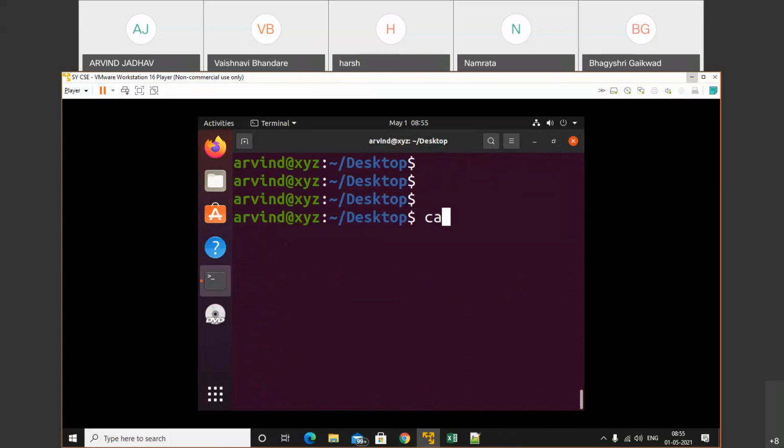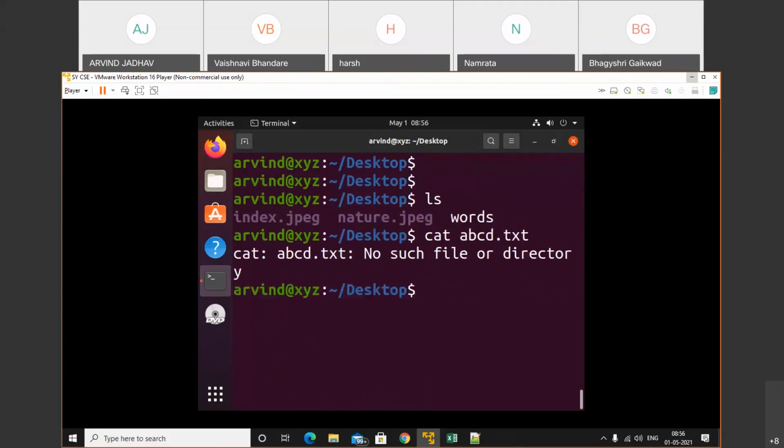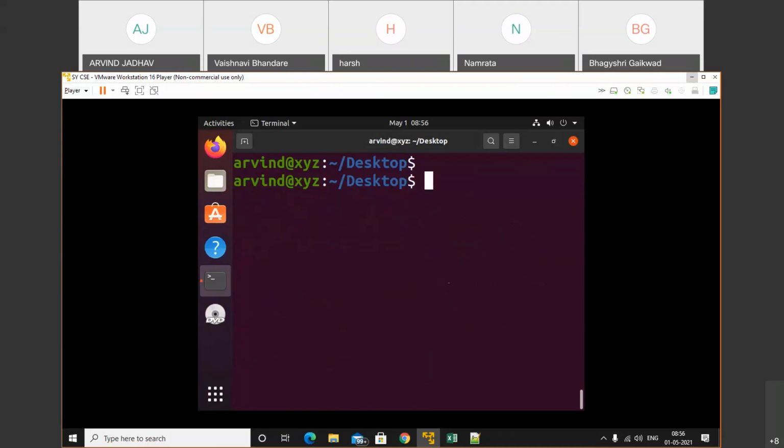So here I will create the file, cat abcd.txt. Here on the desktop we cannot perform the operations. Here we perform cat abcd.txt.